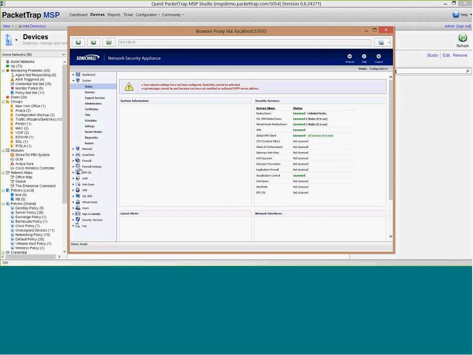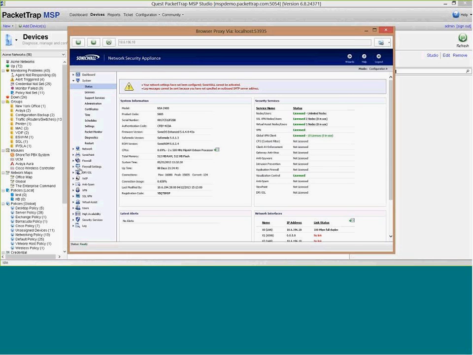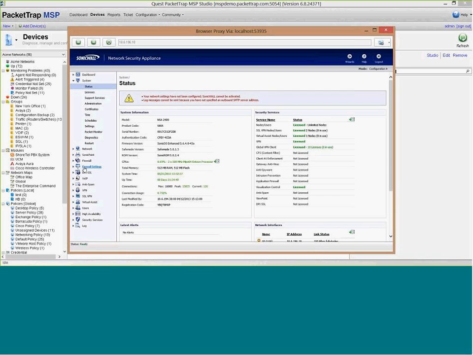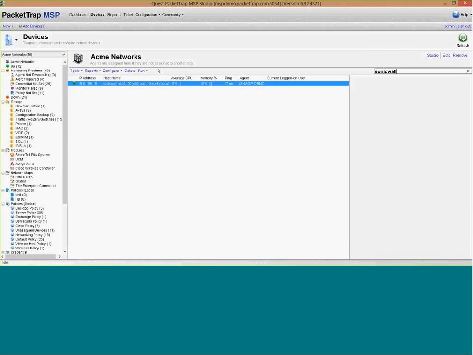So here also, if you need to do any kind of configurations, troubleshooting, and stuff like that, we can log into the device and do that from here. And again, in PacketTrap you have access to this device, so if you're setting alerts or thresholds and stuff like that, or running the traceroute tool, you can do that from here as well. And basically, when you run the traceroute tool, you want to look at